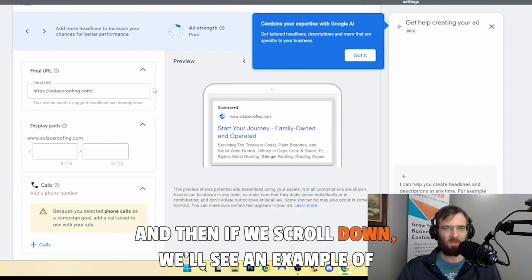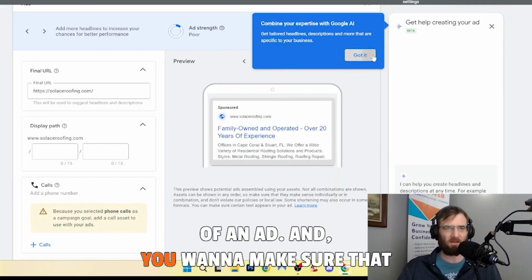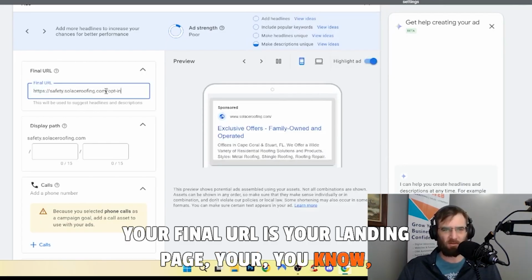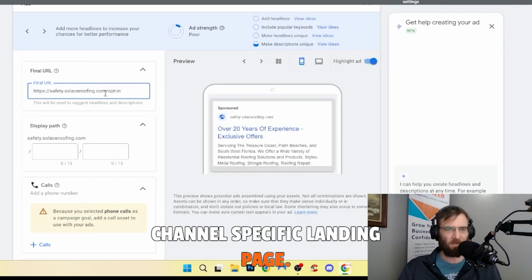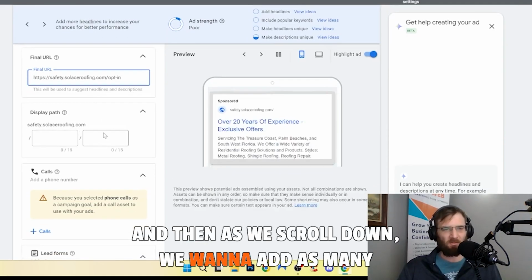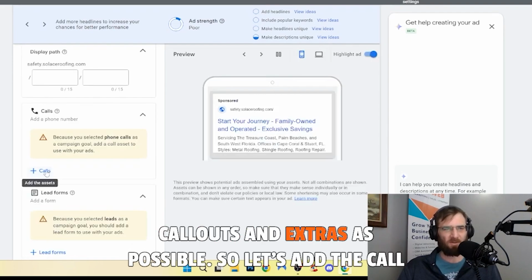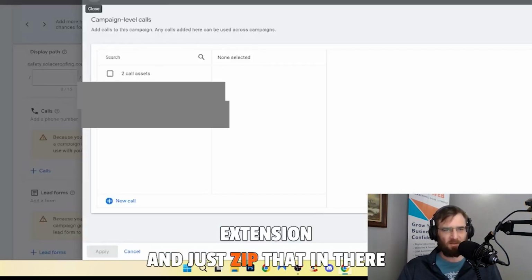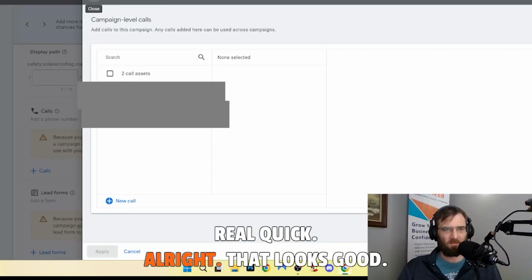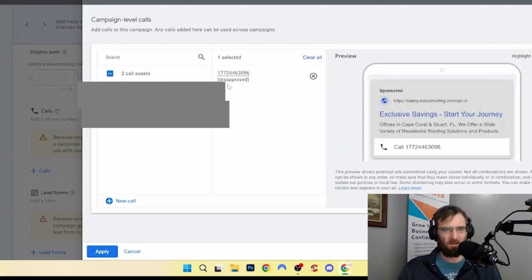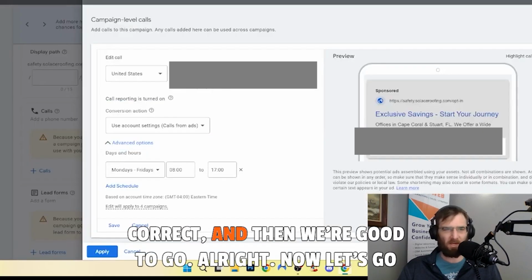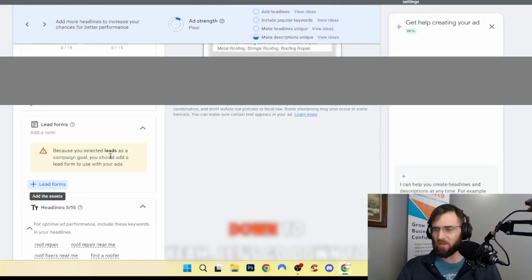And then if we scroll down, we'll see an example of an ad. And you want to make sure that your final URL is your landing page, your channel specific landing page. And then as we scroll down, we want to add as many call outs and extras as possible. So let's add the call extension and just zip that in there real quick. All right, that looks good. Calls from ads. Make sure that number is correct, and then we're good to go. All right, now let's go down to,